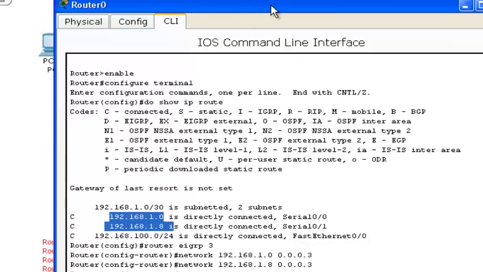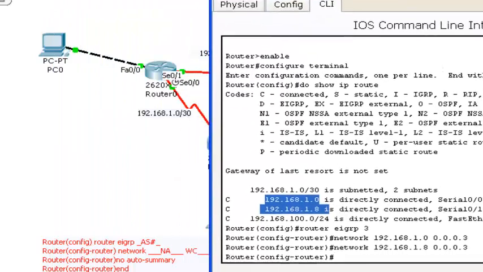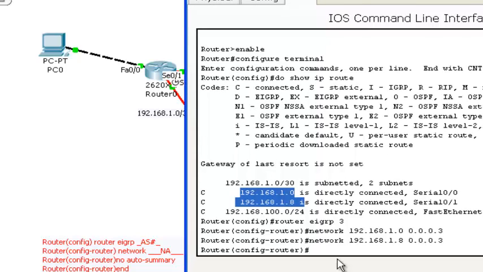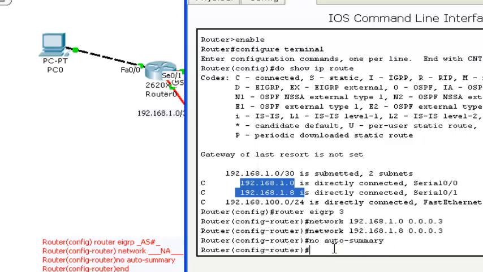If you don't want the network to be auto-summarized, then you should enter the command no auto-summary,